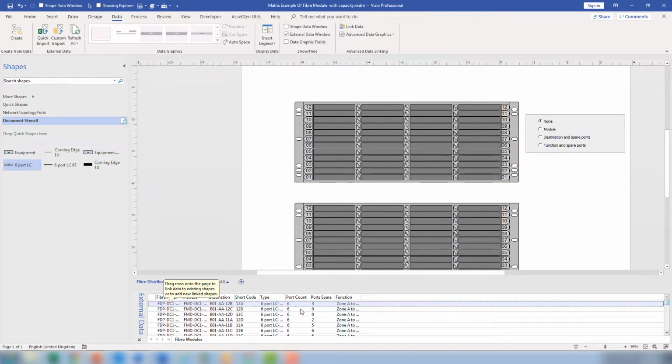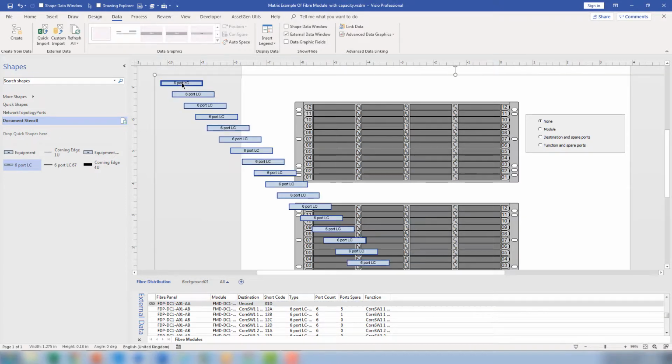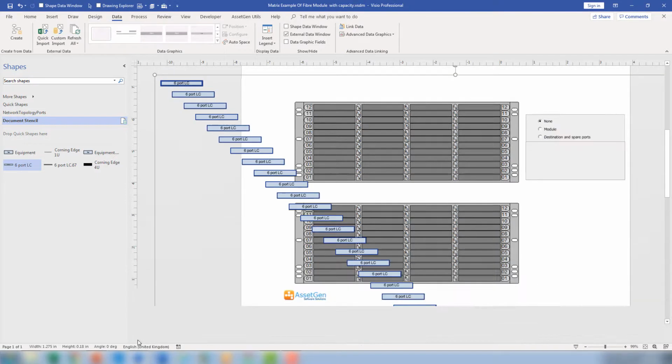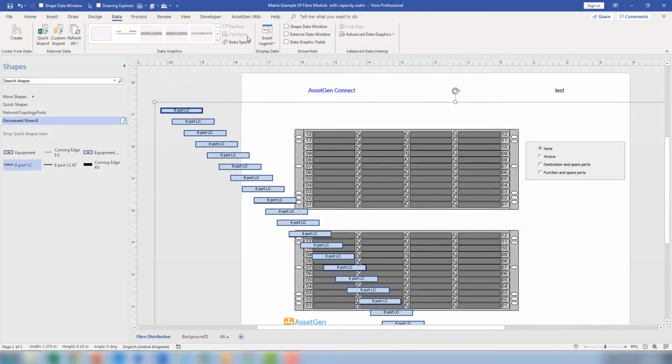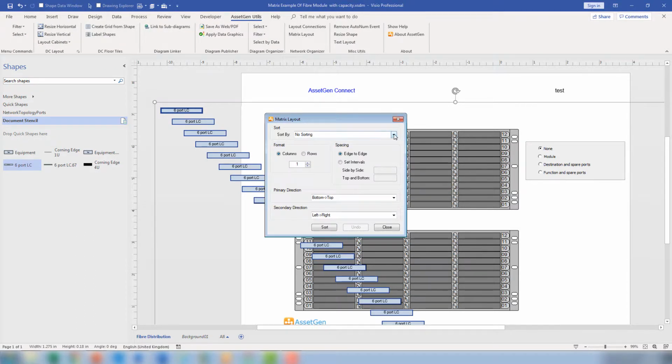And I'm going to open up and show that we're going to use the AA panel for the top one. So we'll scroll down to the last AA there. I will now drag and drop and transfer all the data on, and then use my matrix layout module to organize this. So I want to organize by module name. I want 4 columns,